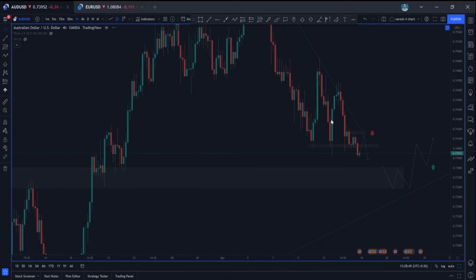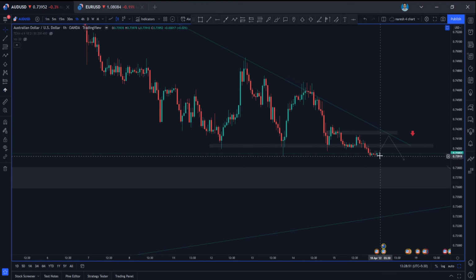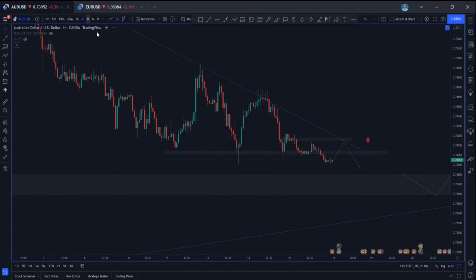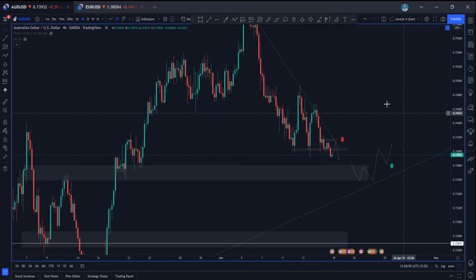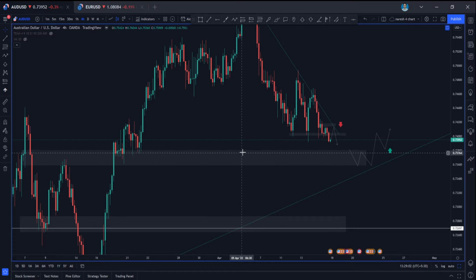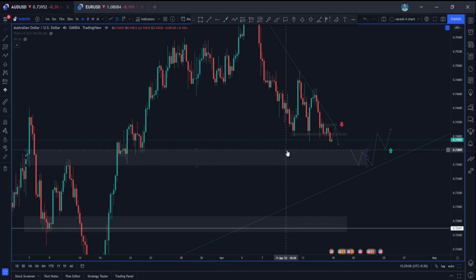So if the price is pulling back again to this trend line and making a confirmation on the bearish side, you can go for short entries, guys, in AUDUSD, and it is an important support area. So don't expect a lot more target. Try to close at least 70 to 80% of the position in this area itself.